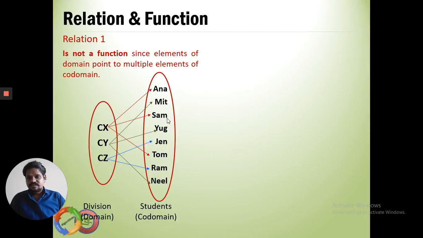So particularly I must say that when you are mapping a function, it must map to a single value in the range, not multiple values. In a very short way, if I say f of x, it must have one value. But here f of x equals Anna, Sam and Tom. So it can be said to be a relation, but it is not a function. A function is a special kind of relation where each element from the domain maps to a single element of the codomain.